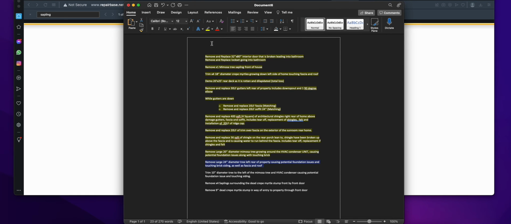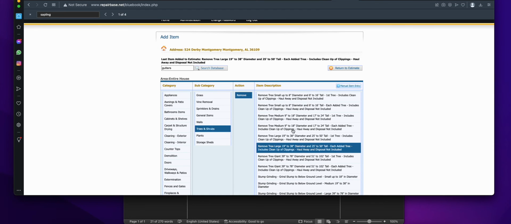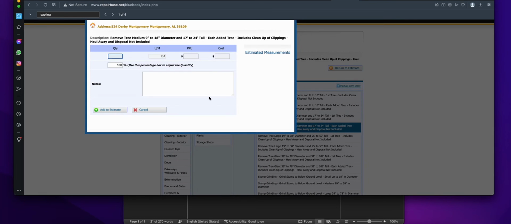Go back here, highlight that. I'll put trim right here, but this actually needs to be removed as well. So we're going to fix that. Copy this, go back here. This time it will be 9 to 18 inch diameter tree. It'll also still be under each added tree, because we're still removing trees. So we'll put it here, add it there, one, add the estimate,